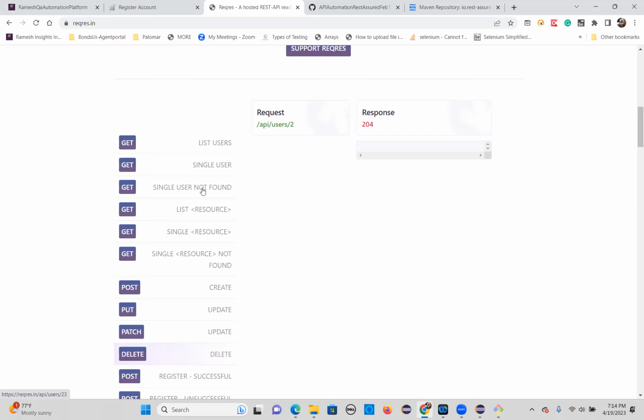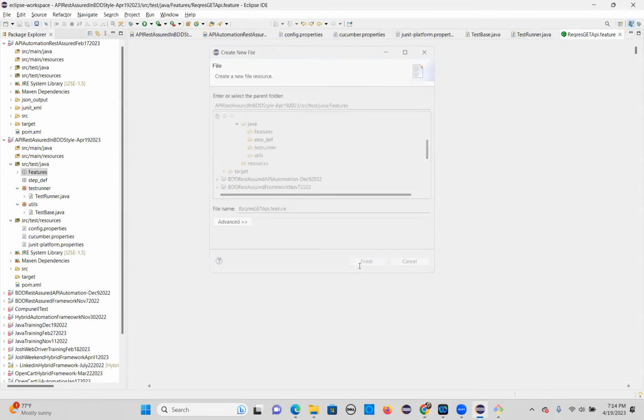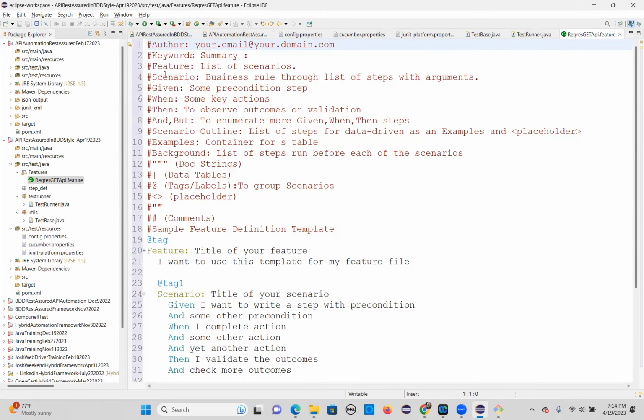Okay, so let's write that. Click on this. See that automatically you got the complete structure. If you install that, you will get it like this by default, then we'll replace one by one. Now see that you understand all these keywords. Author, you can give your name. And the keywords: what are the keywords? Feature,